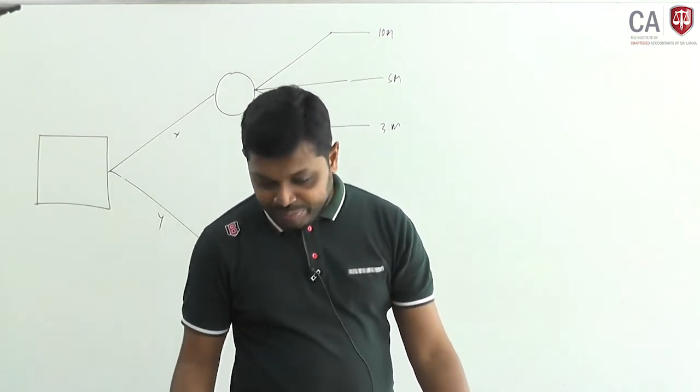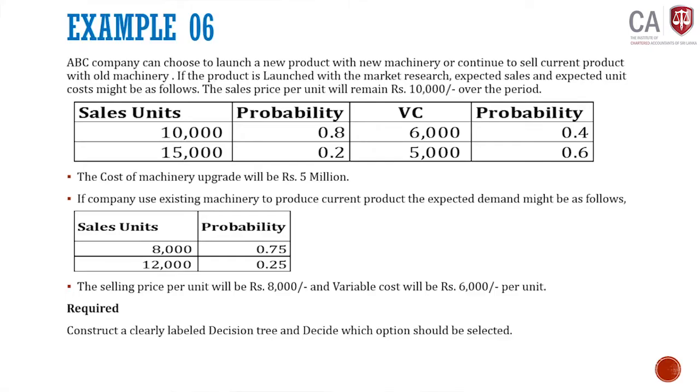Okay, we will move to example number 6. It is about how we are going to construct a decision tree. Okay, read it. ABC company can choose to launch a new product with new machinery or continue to sell the current product with old machinery. You have two options: produce a new product with new machinery,